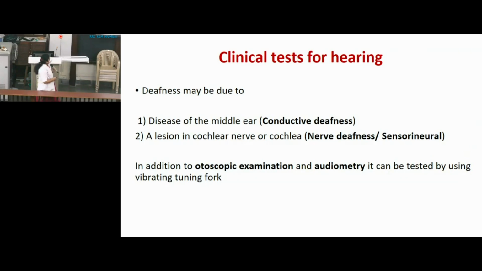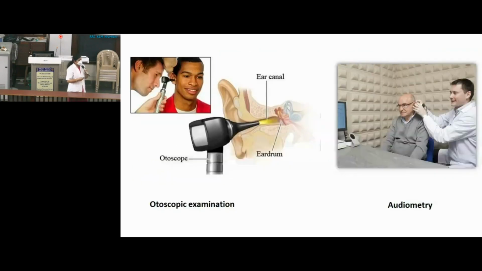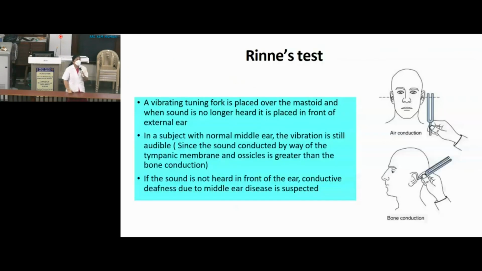Okay. So otoscopic examination and audiometry are the procedures. A soundproof room is there and the patient is supposed to sit inside, and is exposed to very different sound frequencies, and then the audibility of the sound is noted, and that's how hearing aids are provided by doing audiometry. Otoscopic examination is a simple procedure which is done to identify any pathological condition of the middle ear cavity, and these are the tests which are done for diagnosis of the different types of deafness.